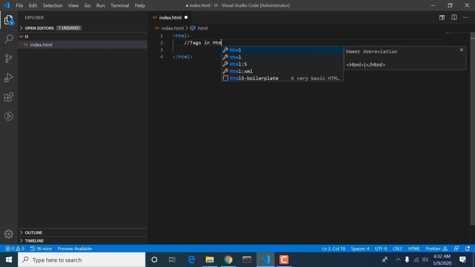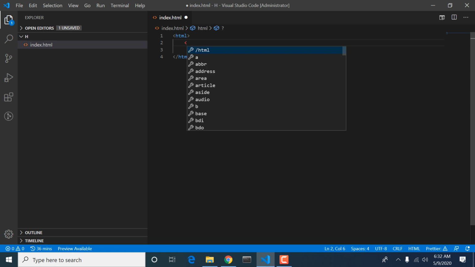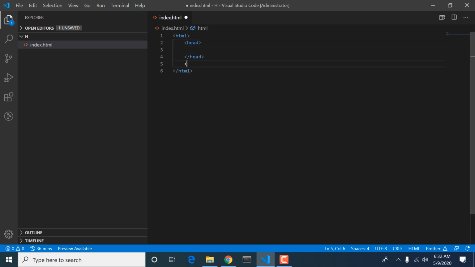We have two more things: head and body. This is very easy to understand. Like a human being, first the head comes and then the body comes. The tags in the body are going to be displayed in our website.